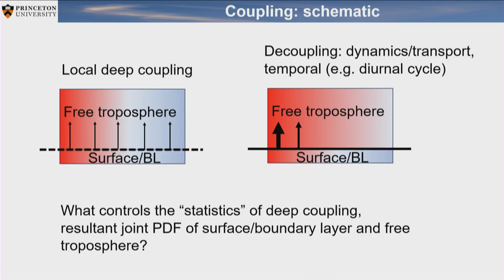So in a schematic, as I said, if we have local coupling everywhere, it means we can write the conditions here as a function of what we have at the surface. We wouldn't really have a strong inversion. In reality, it looks more like this: we have some warm regions, some cold regions. They're coupled throughout the boundary layer, but the free tropospheric coupling happens primarily over the warm end.